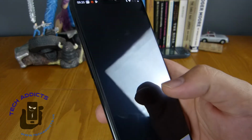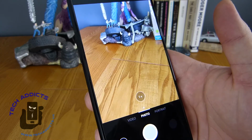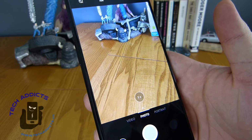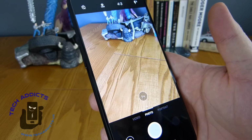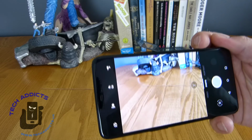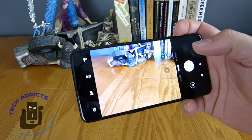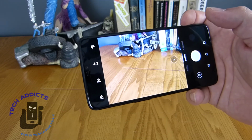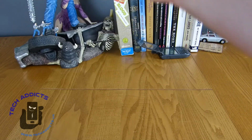And the camera. A lot has been made about the camera. And now I'm just thinking about it, not a lot has been made about the fact that it hasn't got wireless charging. That's something I really hoped to see in this model. But again, maybe the 6T will have it when it comes out. So the camera itself is the 16 megapixel dual lens affair. It's got an f-stop of 1.7, and then the front facing one's a 20 megapixel with again an f-stop of 1.7, so we should see some pretty decent pictures coming out of this if we go for a